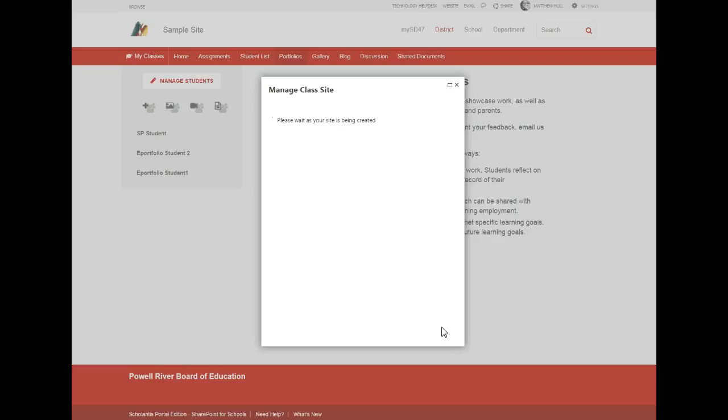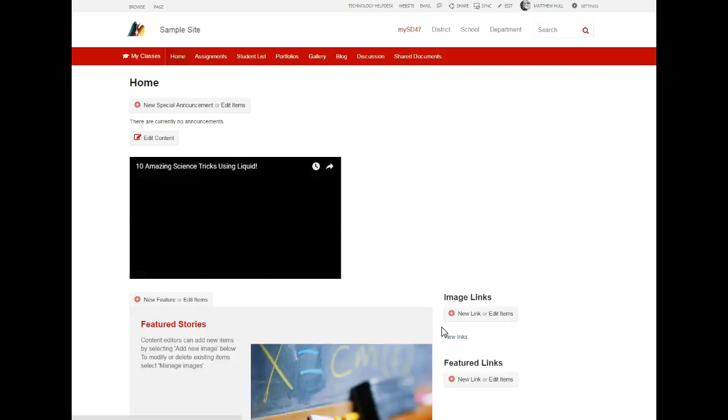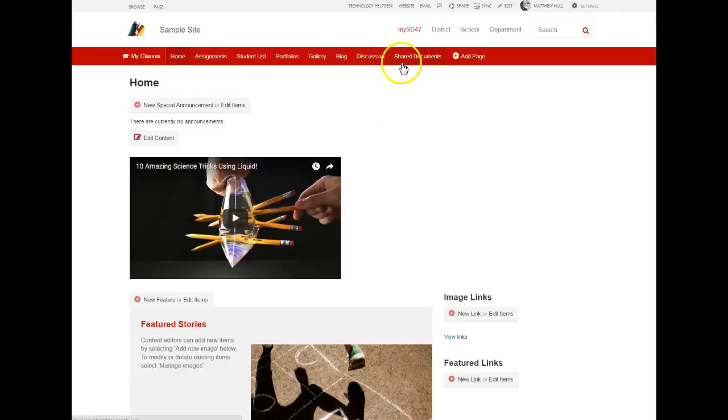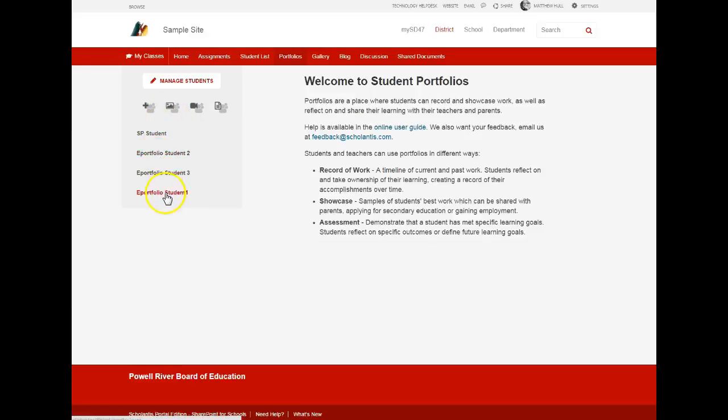The advantage of adding them in your access settings is it will also give you access to them under the student list. It'll add them to assignments and give them permissions to things like discussions and blogs, etc. And also under shared documents, which is another video. Right now we're going to go back to portfolios, and we'll notice on the left-hand side we've now added that